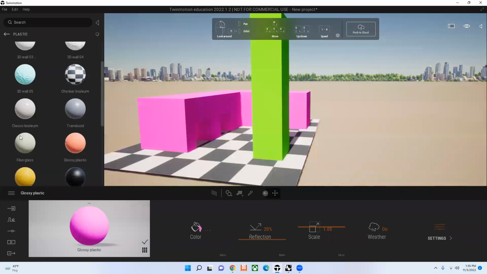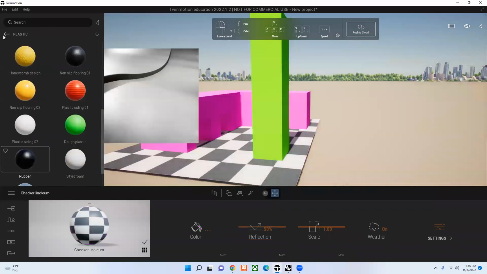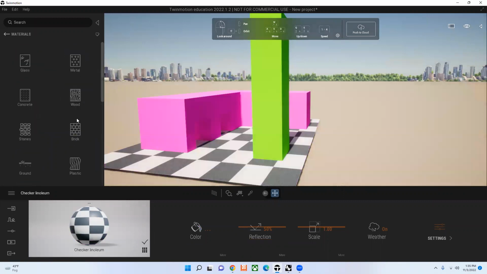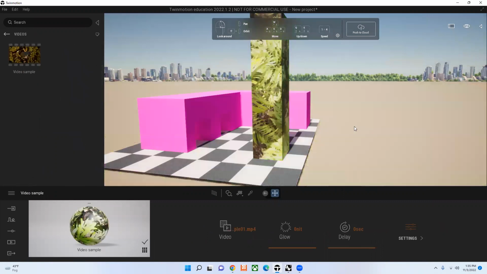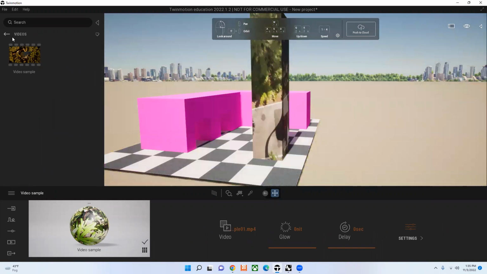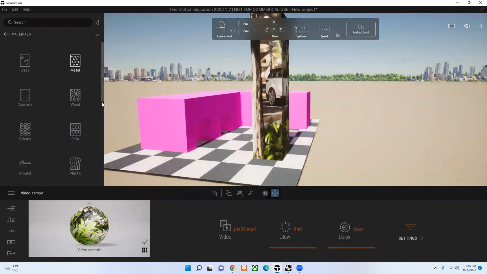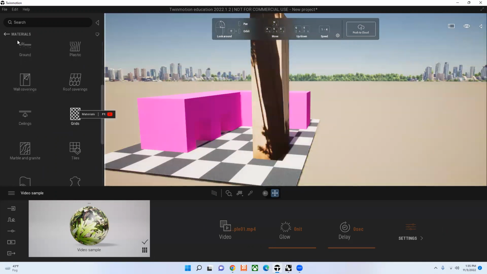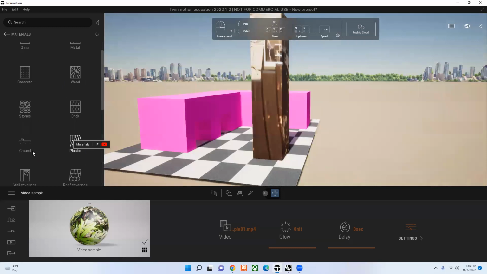So I'm going to do something fun like this, and then maybe tower. You can get really crazy with it. You can add a whole video onto your object if you want, and you can import your own videos. I think that's honestly really cool. But it's going to take forever to render, so I'm not going to do that today. But you can just play around with some of your different